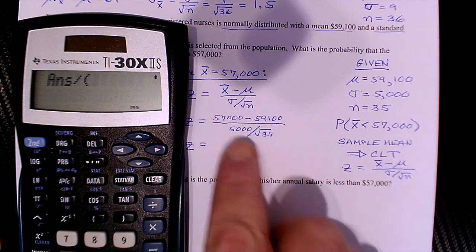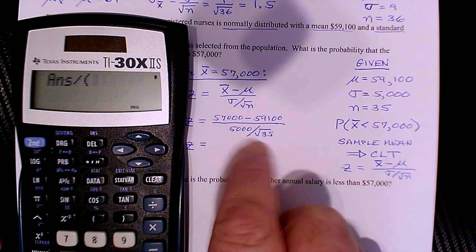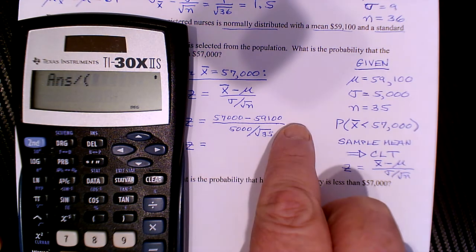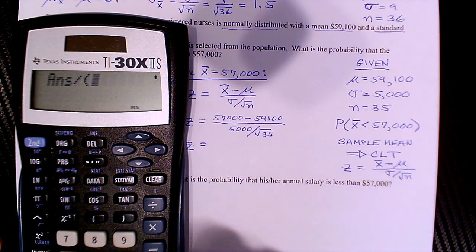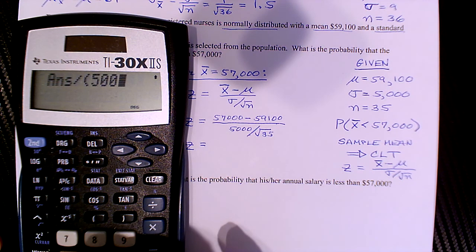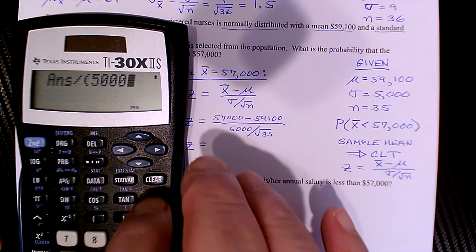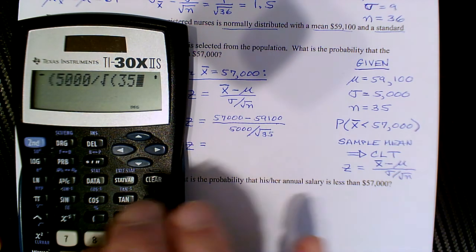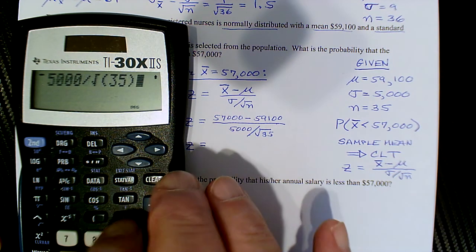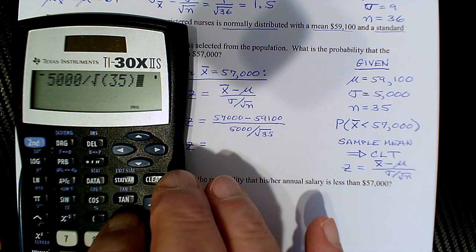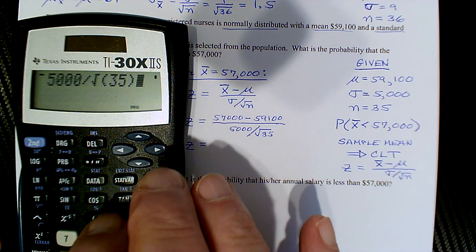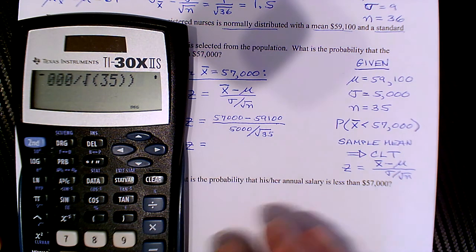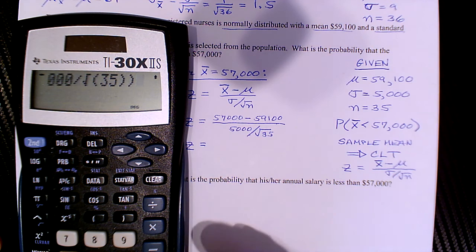Okay, so that's crucial because you've got to do another division in the denominator. So the parentheses after the first division is necessary. And then I can continue with the 5,000 divided by, hit second function, square root of 35. Close up the double parentheses, one for the radical and one for the division, and then press enter,